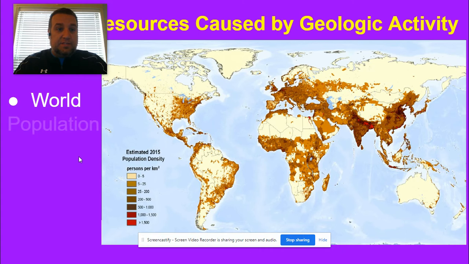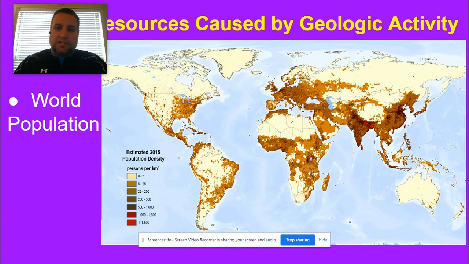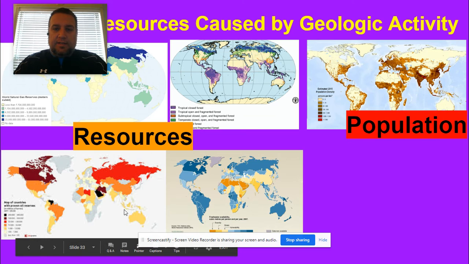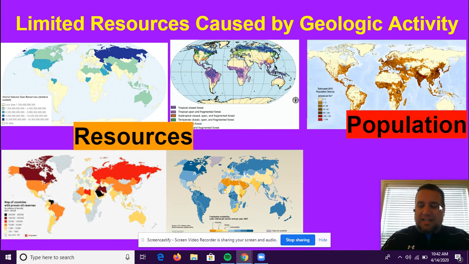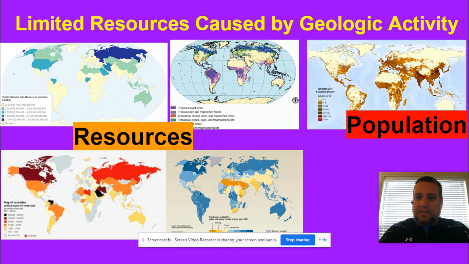And this right here is global population. This is where everyone lives. And you notice that we don't all distribute equally around the world. We see a lot of coastal areas is where people live, with access to transportation, access to water for movement. But this next one is looking at all of these things. I know this is a lot to look at, but I want you to look at this map, which is population. So look where all the people live, right? And then look at where